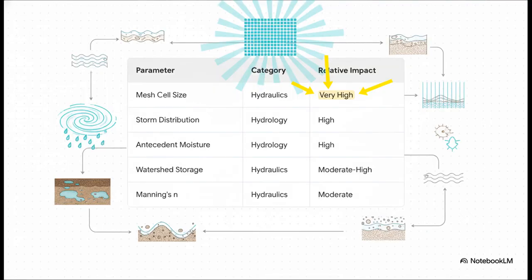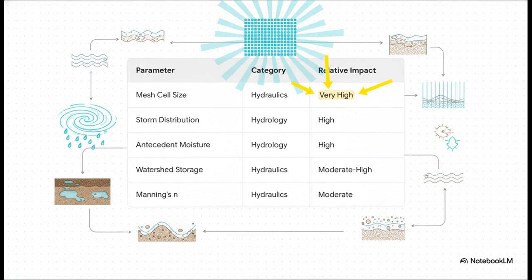And this table here, it just lays it all out beautifully. You can see mesh size is sitting right at the top with a very high impact. But look at what else is up there. The shape of the storm and something called antecedent moisture, which is basically just how wet the ground is before the storm even starts. Those have a high impact too. And what's really interesting is that the ground's roughness, Manning's N, while it's still important, it's only moderate compared to